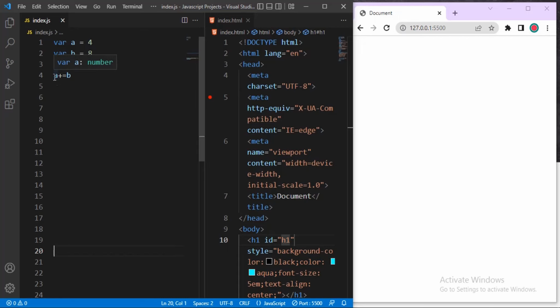Okay, it adds the first one and the second one, and then adds the result to the first one. That is what this plus and equal to sign, which is addition assignment, does. Since we have done this now,